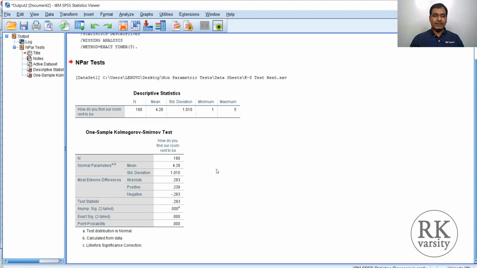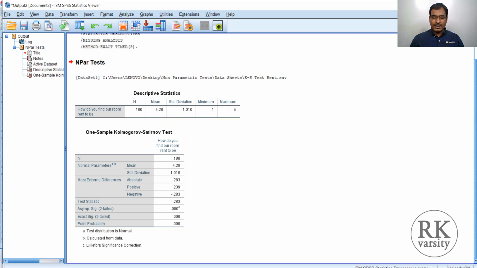So this p-value indicates that we need to reject the null hypothesis. In the sense, when you are rejecting a null hypothesis, that means there is a difference between the observed frequency and the normal distribution, which indicates that the data is not normally distributed. So here you don't have a normality plot or the histogram. In the explore option you can get that. So for this example, we can say that the data is not normally distributed. There is skewed data in this.